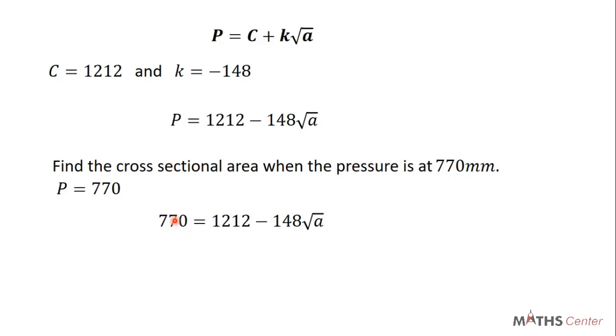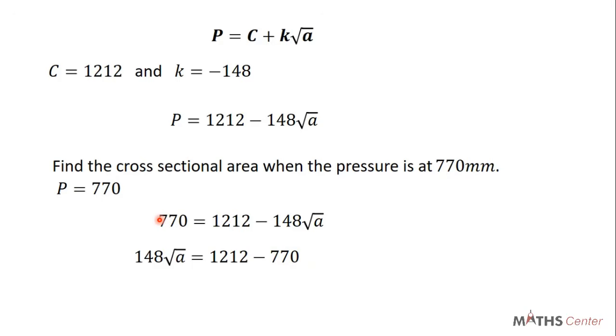This will give us 770 is equal to 1212 minus 148 square root of A. If we rearrange this, I will send this term on the right hand side to the left hand side, then I'll bring this one from the left hand side to the right hand side. We will have 148 square root of A, because when this crosses the equal sign, it becomes positive. Then this will give us 1212 minus